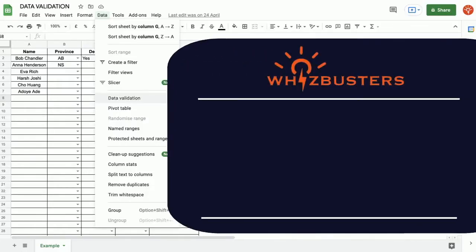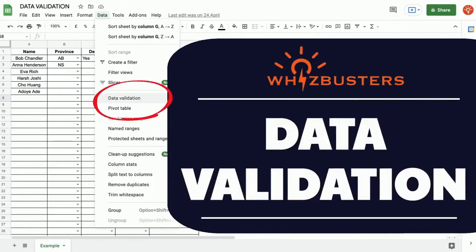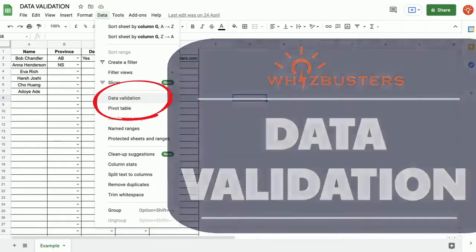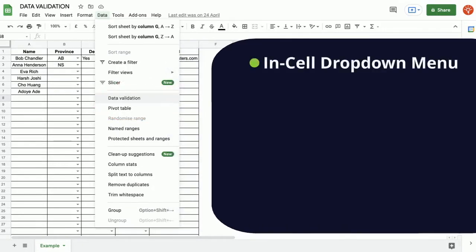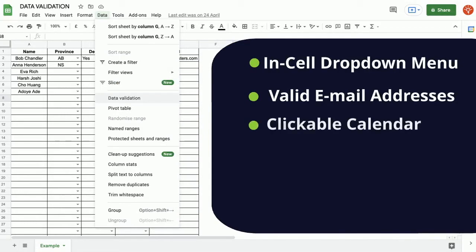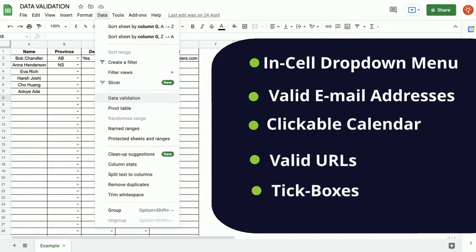I'm Emma and today I'm going to show you how to use data validation capabilities in Google Sheets. Firstly, we will look at how to create an in-cell drop-down menu list. Secondly, we will look at creating input cells for valid email addresses, then input cells where a calendar shows to choose the dates, then the option to input valid URLs, and finally the option to insert tick boxes with customized